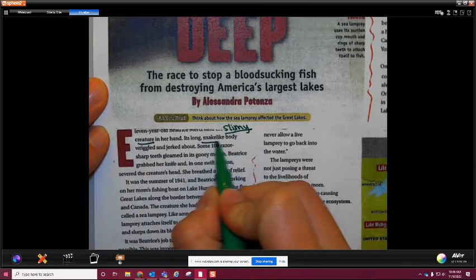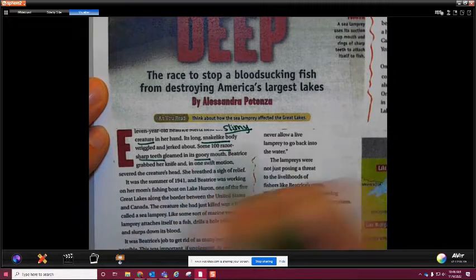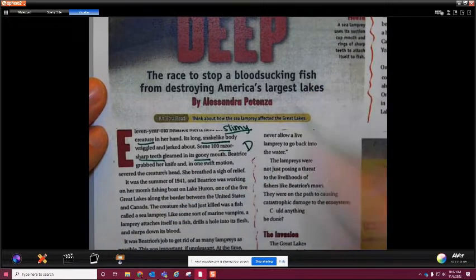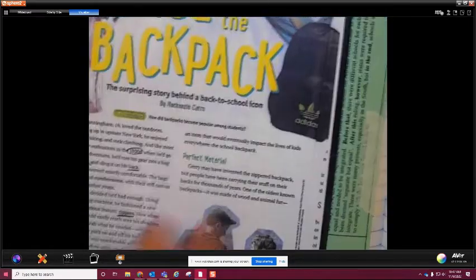Slimy creature, long snake-like body, razor-sharp teeth, gooey mouth. All of this is description. That's why I did it in green, because the description is green. Okay. Something else I'm looking at for sequencing when I look at the actual page 28, again, you can find that in